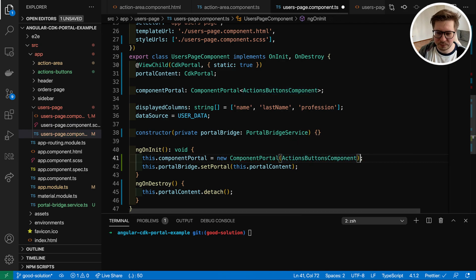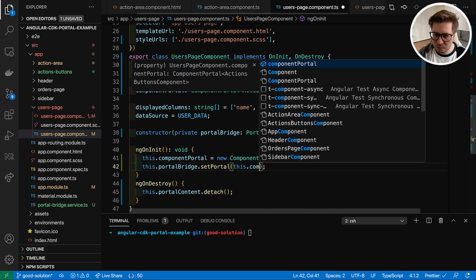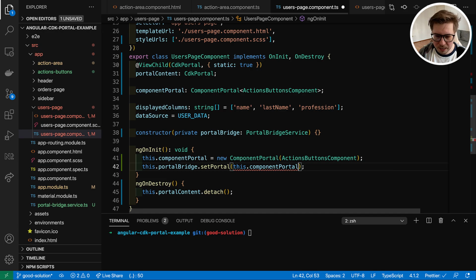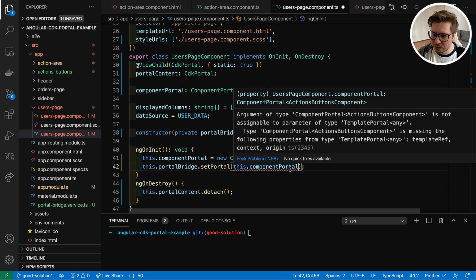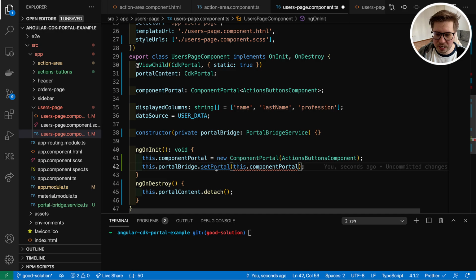Here we go, like this. And now I have to replace our portal components to component portal, and it says it's wrong type, so let's extend also